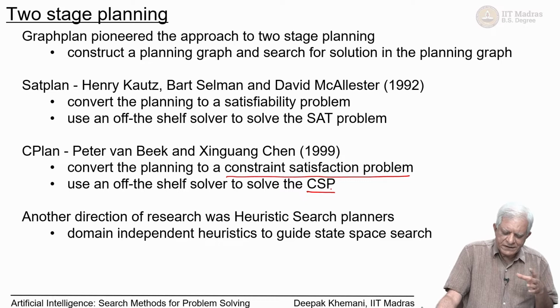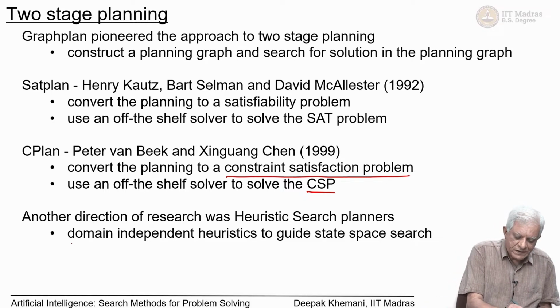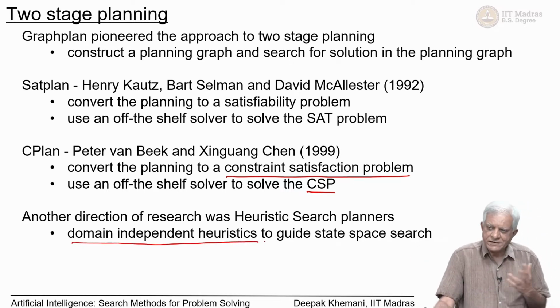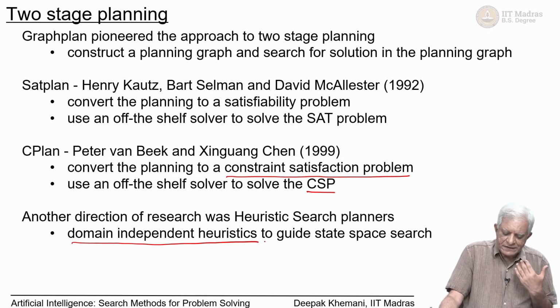Another direction that came along at the same time was heuristic search planners. This is for the sake of history that I am mentioning it here. What they did was they used something called domain independent heuristics to guide state space search. So, these were state space planners, but they were using what are called domain independent heuristics. We will not have time to look at this, but we had briefly mentioned it when we were looking at heuristic search, that for example, in the